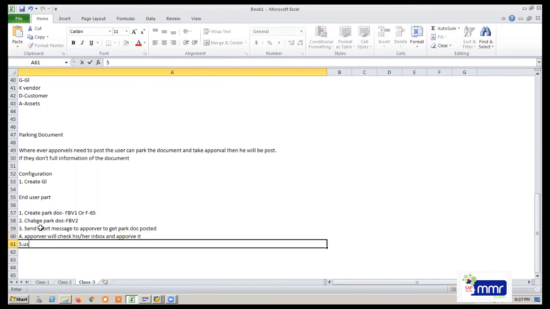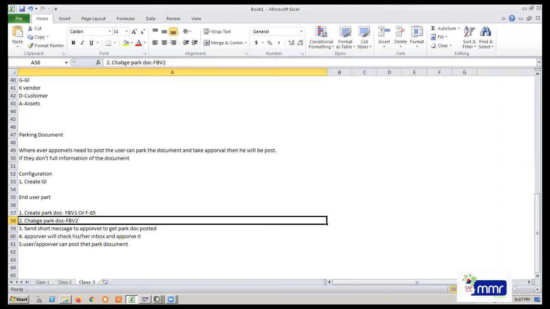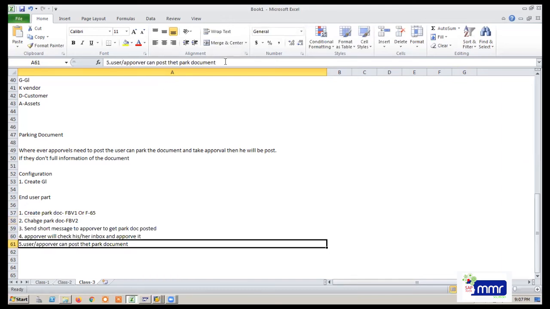Then user or approver can post that parked document. So these are the steps. Okay, the T code is FBV0.